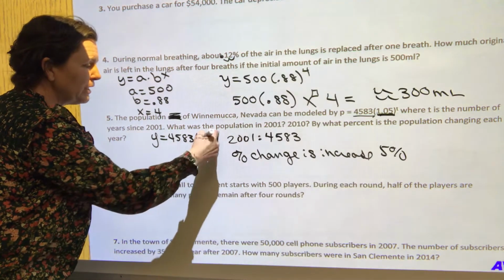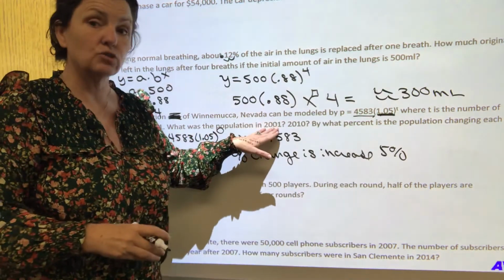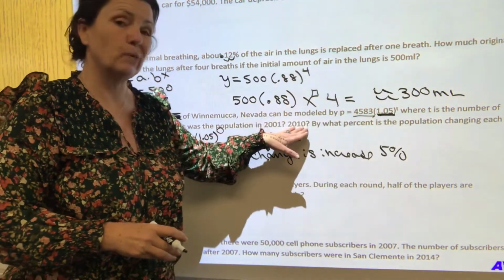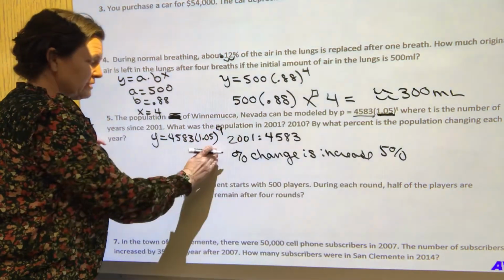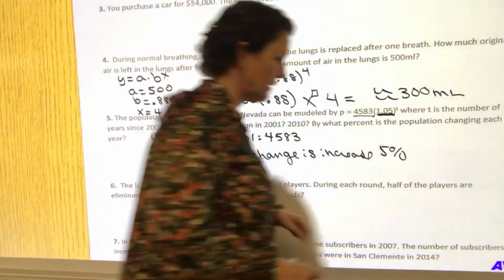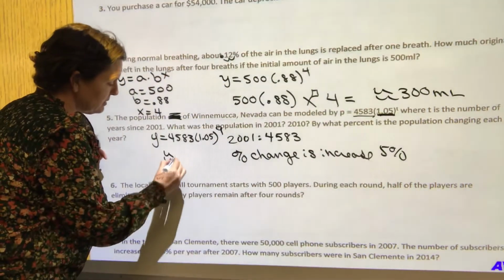1.05. Well, we need to know how many years. So the original one was 2001. Our new was 2010. That's 9 years. You're going to plug this into your calculator and plop out an answer. And the answer that you should get is